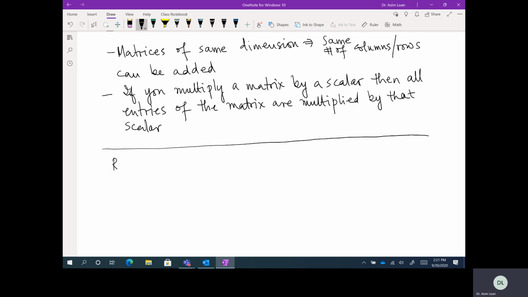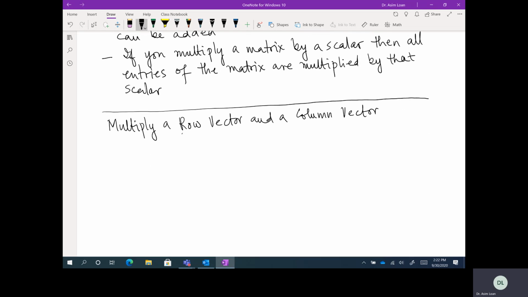What happens when you multiply a row by a column? So multiply a row vector and a column vector. Obviously, you cannot multiply. Actually, you can do both. So if you multiply a row vector by a column vector, so let's see, you have 2, 1, 1, and